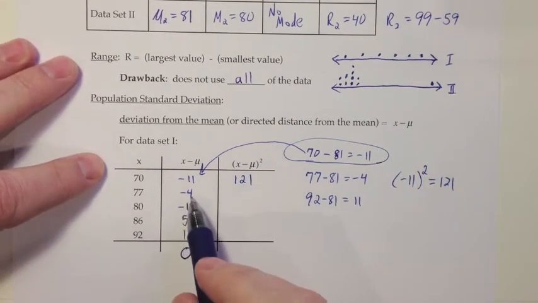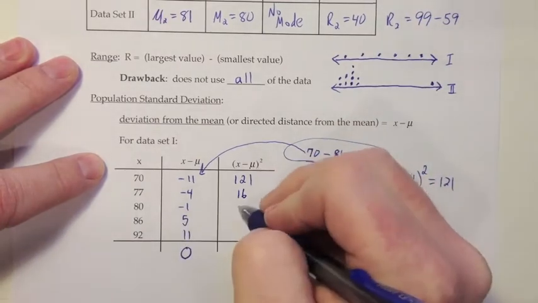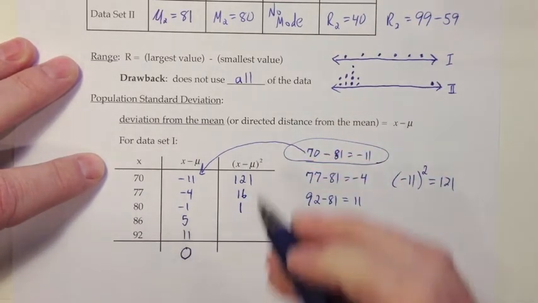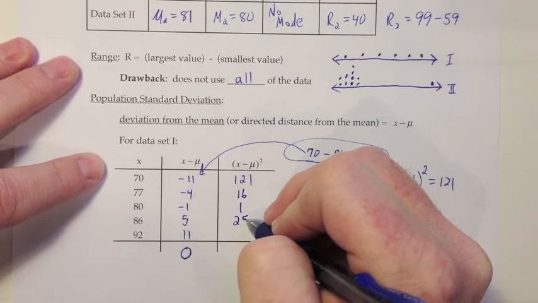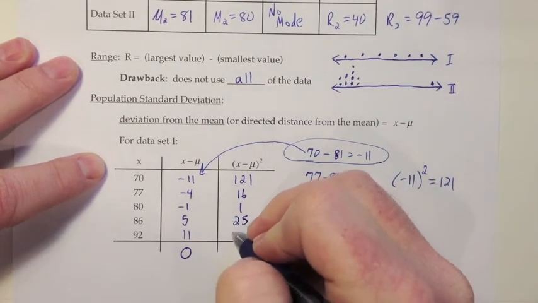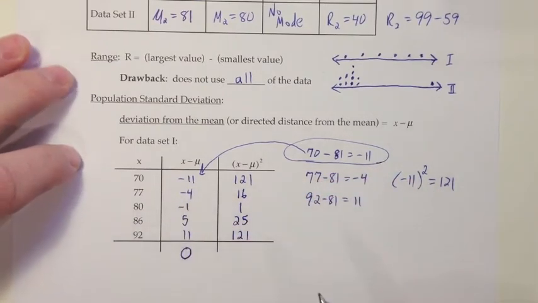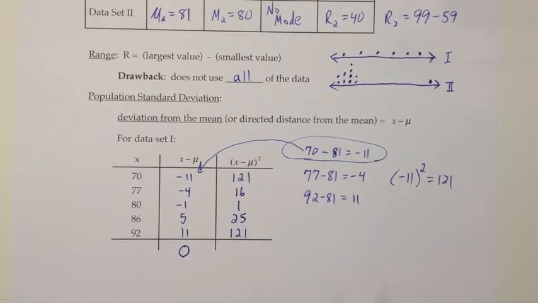So the next deviation, negative 4, I would square that and get 16. Negative 1 squared would be 1. 5 squared would be 25, and then finally I square this last deviation of 11, and just like the negative 11, when I square it, the negative doesn't matter anymore, and I get 121. So now all of those are positive,